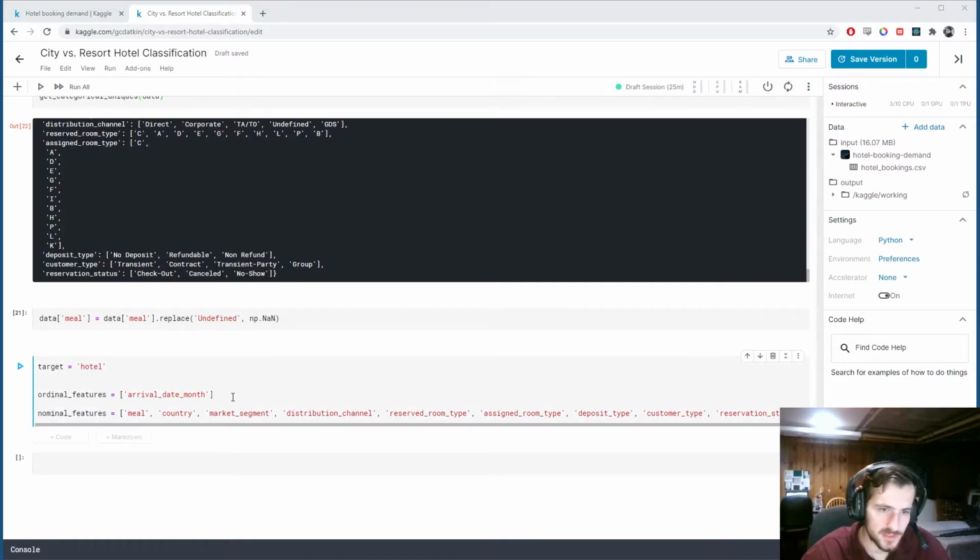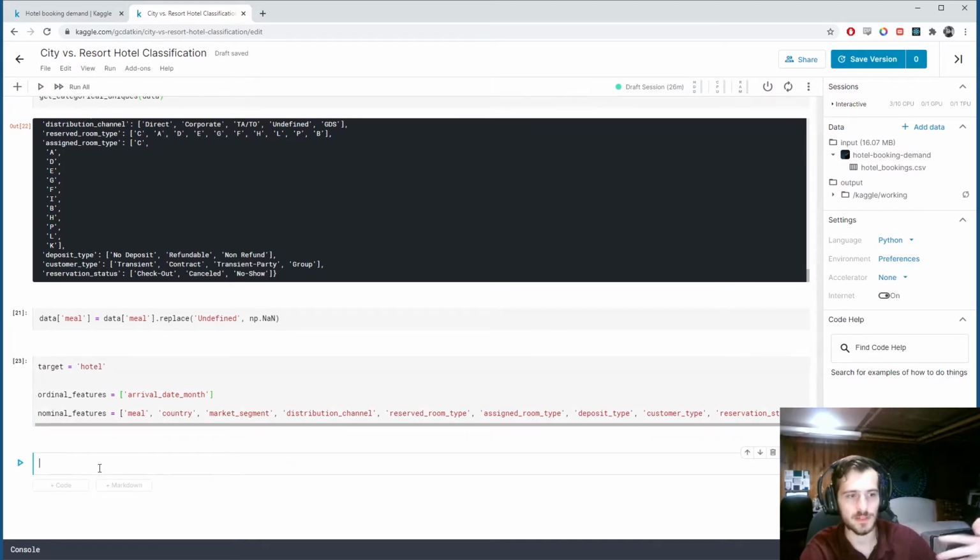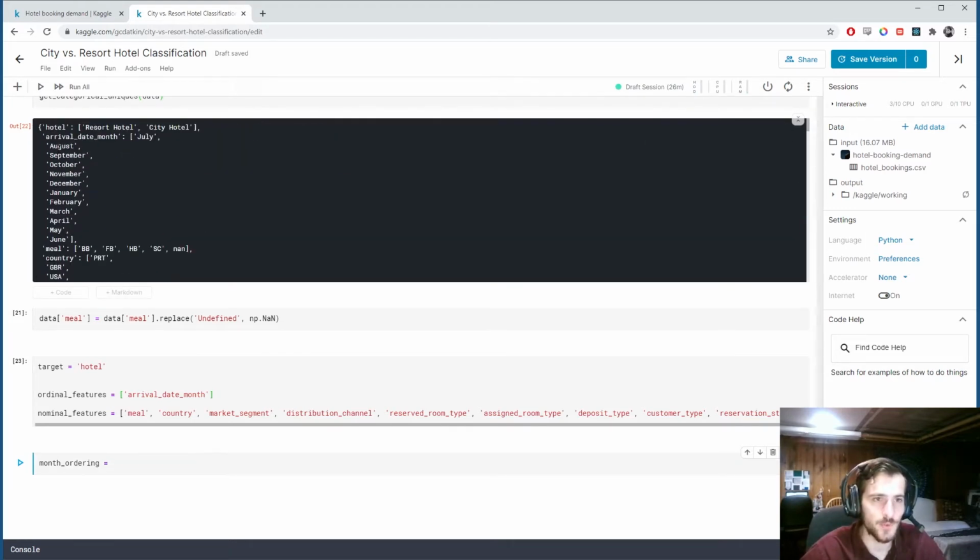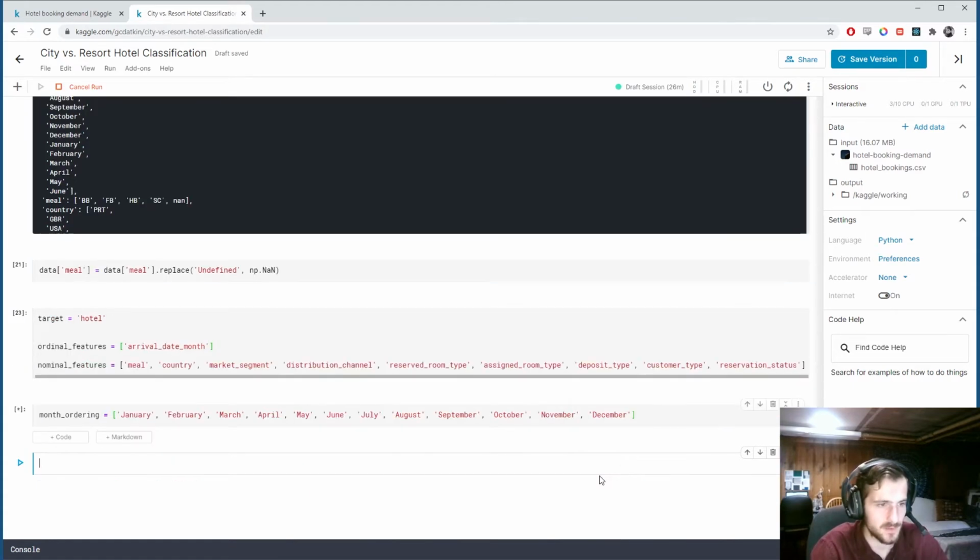So let's deal with the ordinal feature first. I don't have to make a function for this because we're only going to run it once, but essentially we're going to have a month ordering, and we've got to see what kind of values the months take. They're full names of months. So I'm going to make this list, January through December. I'm not going to type it out, I have it right here: January, February, March, April, May, June, July, August, September, October, November, December. Then we're going to apply a lambda function to the reservation month. No, sorry, the arrival date month